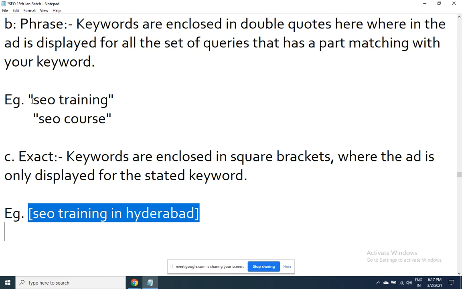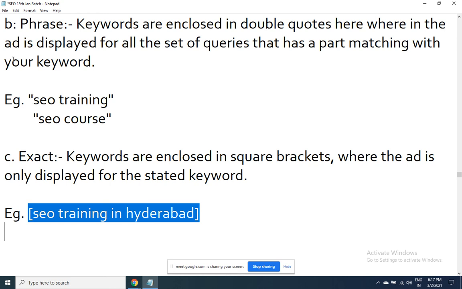So in the report, in the invoice, for every keyword you are quoting there, how many people have seen it, what is the billing and all that. So your client will see that for free SEO training, his ad had come in the top place, and for that you are even charging him 5 rupees. Double disadvantage. One is the ad was shown for the wrong keyword, and then over that you are even charging him. Someone searches for worst SEO training, your client's ad is shown on top. For this, he has already got a bad name, and over that you are even charging money from him.